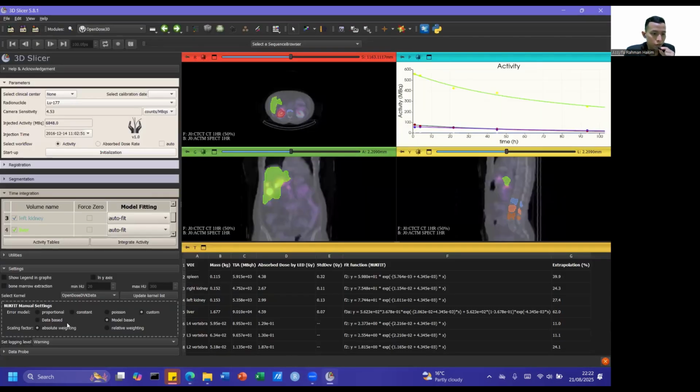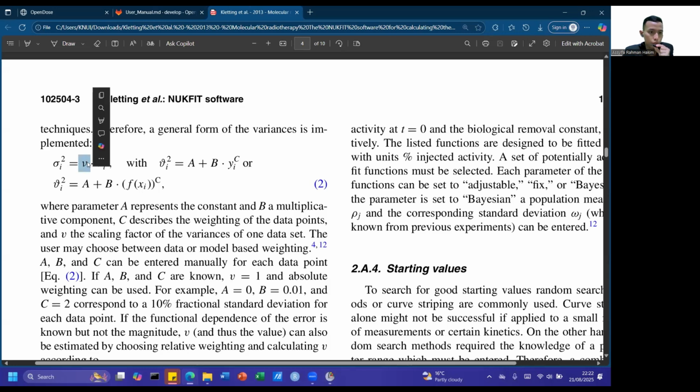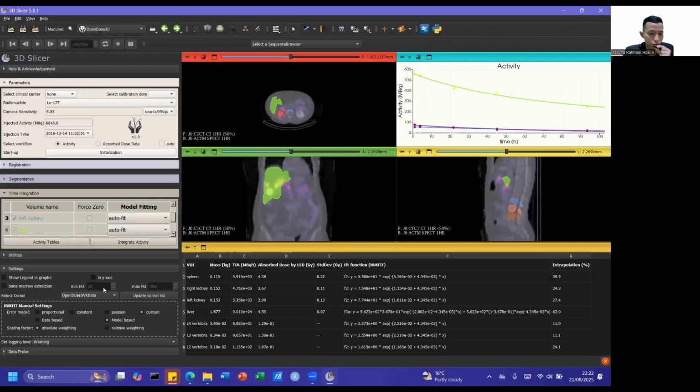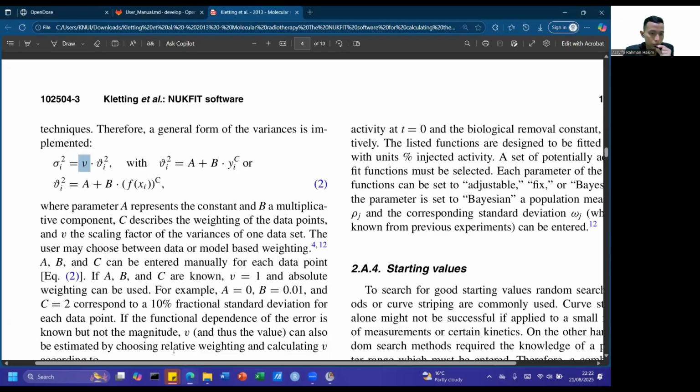Also, in the error model, you can choose whether you want to use data-based or model-based. In addition, you can select whether you want to perform with absolute weighting, in which case the V value equals 1, or relative weighting, which means that the value of V is estimated and added as a parameter.